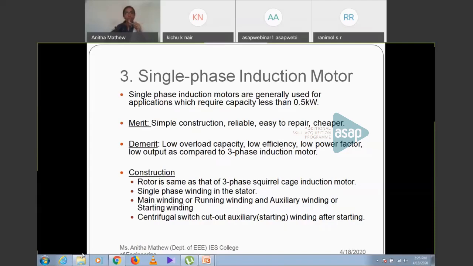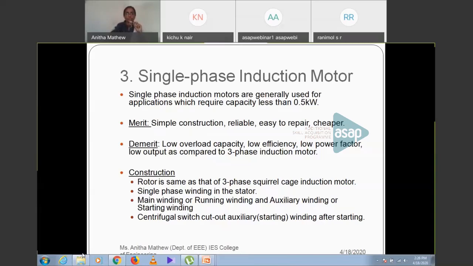Okay. Can we move to the next question, ma'am? There's a question from Ryan Abraham. Is a synchronous induction motor self-starting? The motor is self-starting. It starts as that of the three-phase induction motor. We are providing some starting methods as in the three-phase induction motor, but it is self-starting.